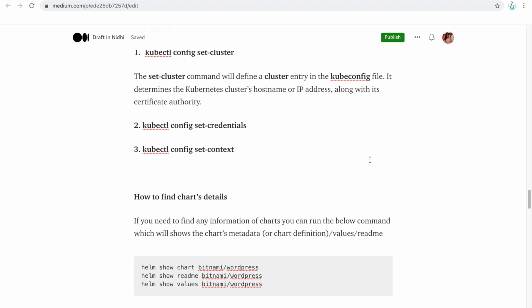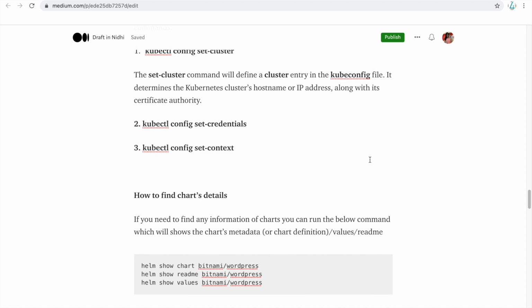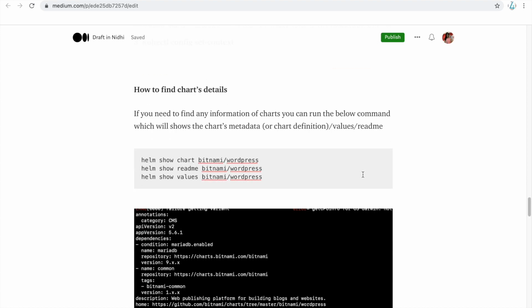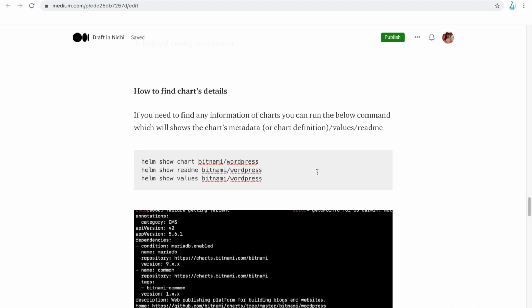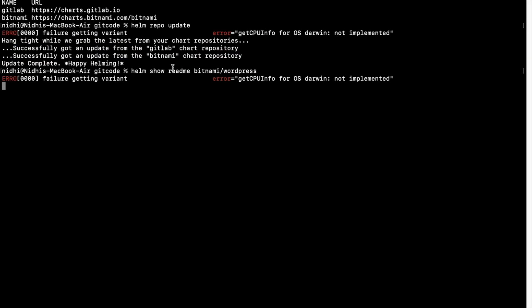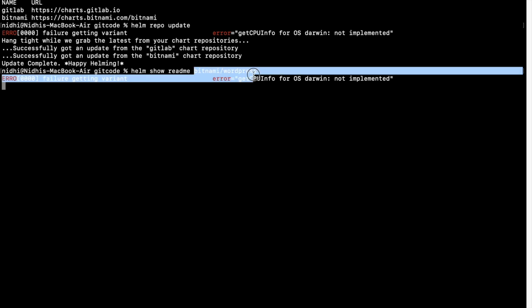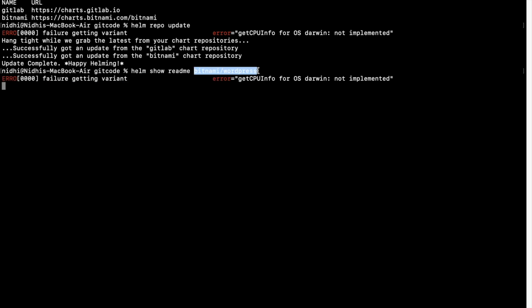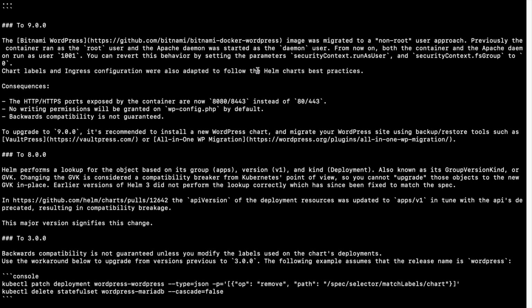Okay. So we saw how we can get all the charts. Now if you want to see what is in a particular chart, like its readme or whatever you want to check, you can run commands like helm show readme. You want to use this particular repository, but before that you want to know what is in it, right?